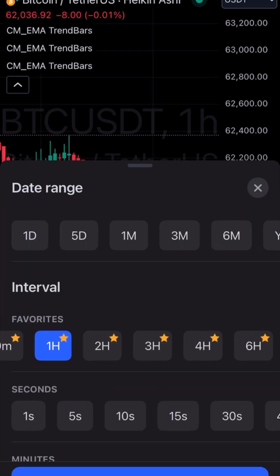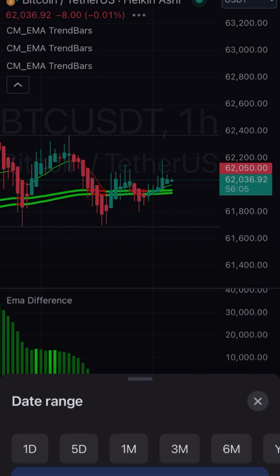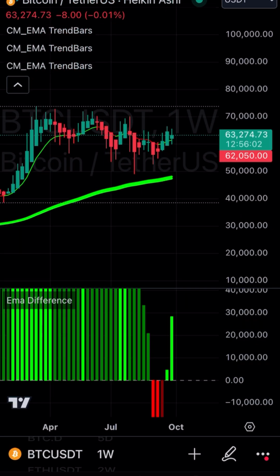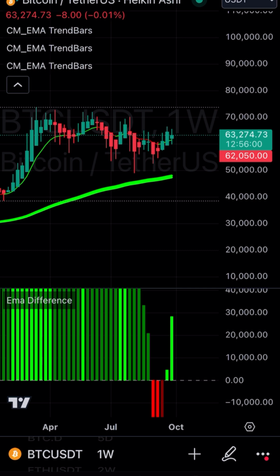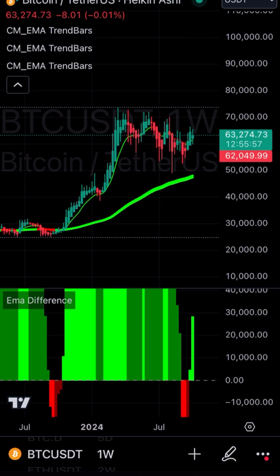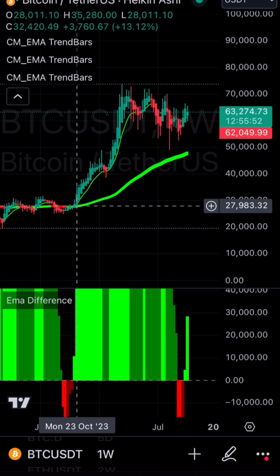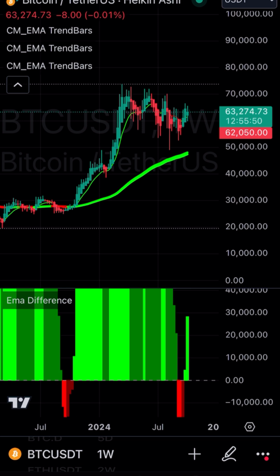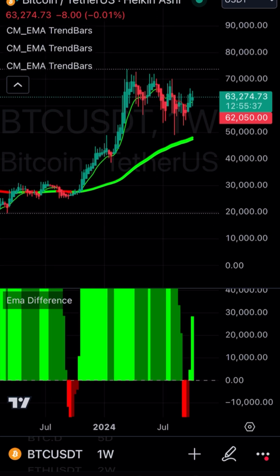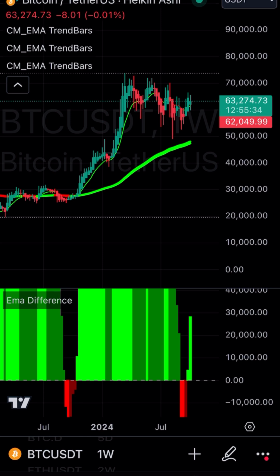So real quickly right here, I'm going to show you this on a weekly. It's important to note this on a weekly, because when you see the 9, which doesn't happen all the time, crossing the 90, 95 on the weekly, you pretty much know when it's crossing up, that's the start of a bull cycle. And when you see it crossing down, that will be the start of a bear cycle. So it's very easy to know when we're going to go into our bull run and when we're going to go into our bear market, but we're just paying attention to when the